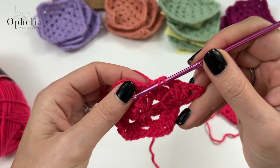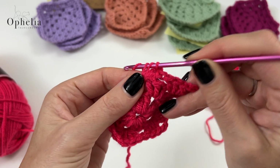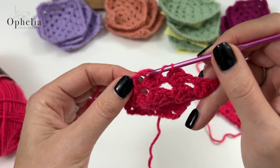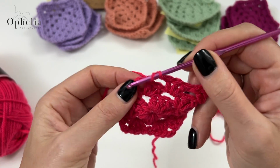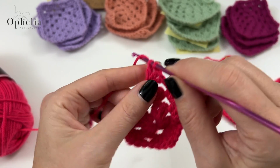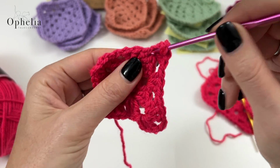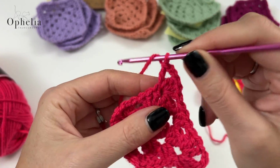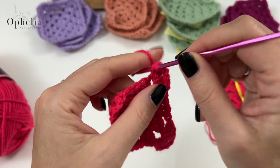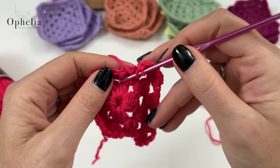So you place 3 double crochets in between the 2 clusters in the row below. There we go. And then here we are at the next corner chain space, where we are going to do another corner of 3 double crochets, 2 chains and 3 double crochets. There we go. And I'm going to continue like this